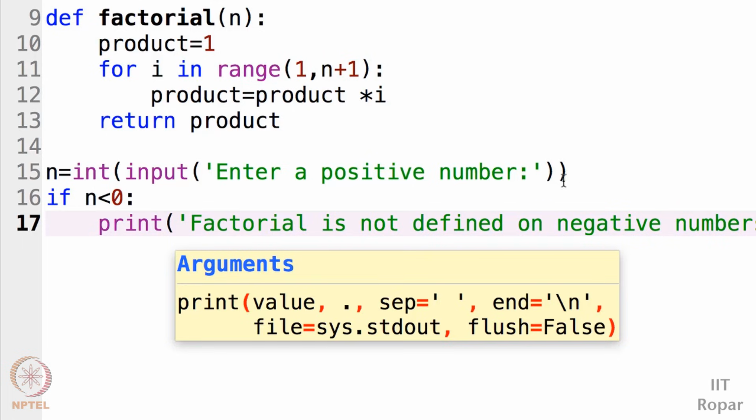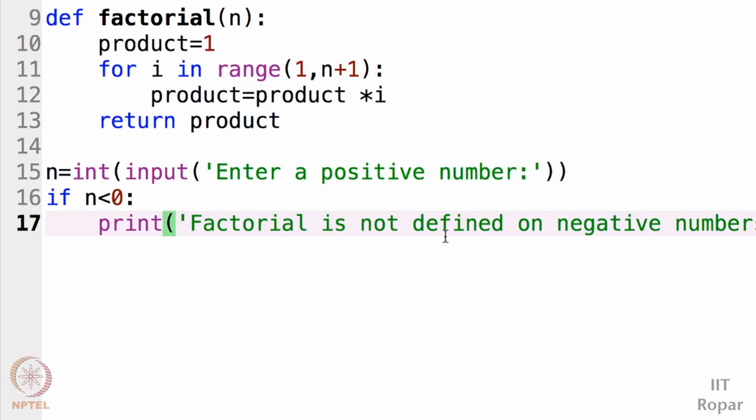See, why we are doing this is what we call the fault tolerant nature. If the user by mistake has given some input which is actually incorrect, we should not throw some random results at him and terrify him. We should give him a polite message so that he can understand what mistake he has made and will not repeat it. So this is one of the software engineering principles we are following. If n is less than 0, that is, it is a negative number, say that factorial is not defined on negative numbers. Else,